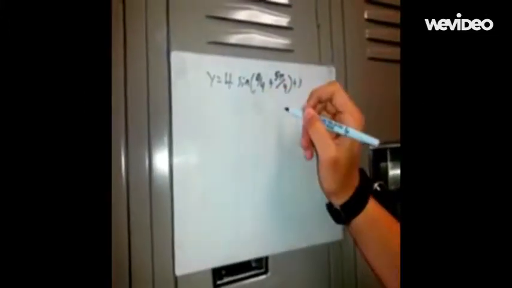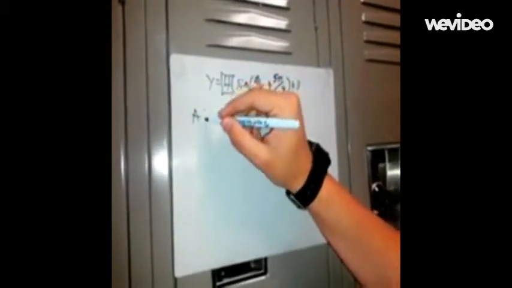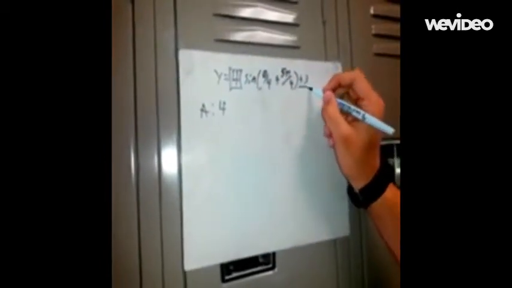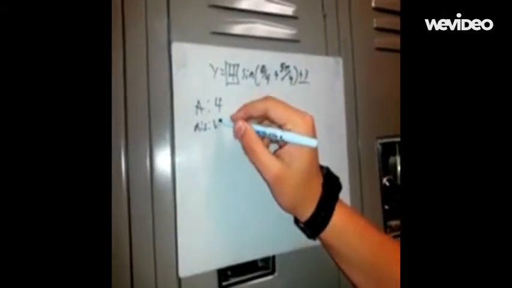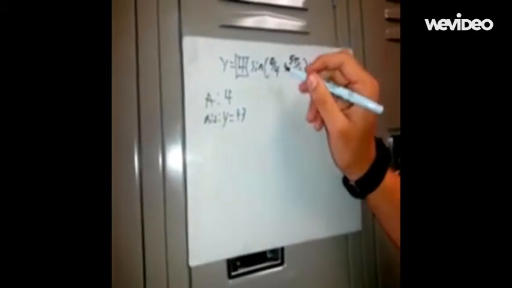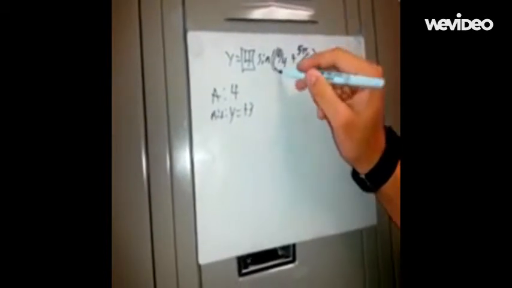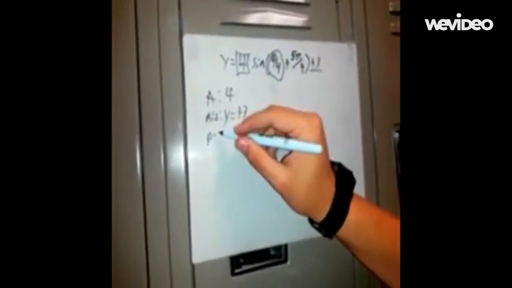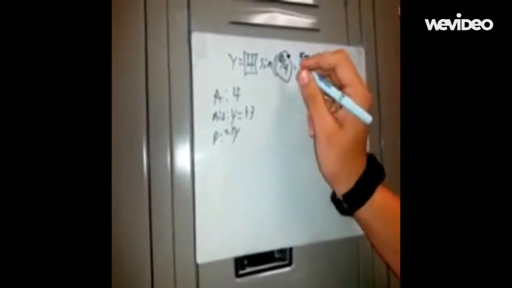So to solve a sine wave equation, first you have to find the amplitude. The amplitude of this equation is 4. The next part is to find the midline. The midline is +3. The next phase is to find the period. The period is anything divided or multiplied by theta. And to find that, you just do 2 pi over whatever is multiplied or divided by theta, which is 1